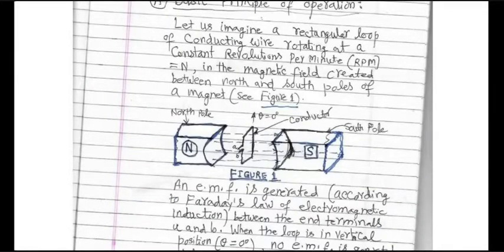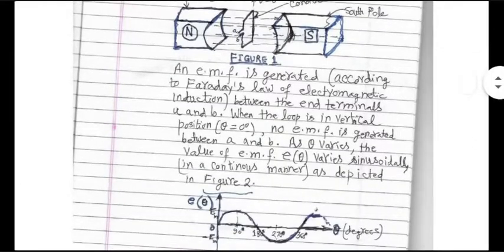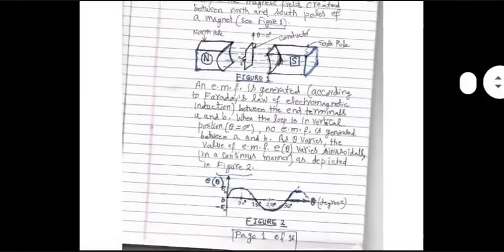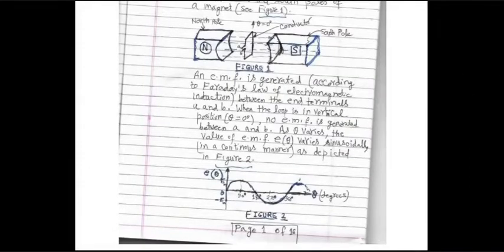The magnetic flux being generated is not changing with time. We will assume that it is a constant flux with time. Now, when theta equal to 0, you will get nothing across A and B. When theta equal to 90 degrees, you'll get maximum. And then as theta goes beyond 90 degrees and is below 180 degrees, you will start seeing a decrease in the magnitude of the EMF generated. EMF means nothing is connected across A and B. You are measuring open circuit voltage. That is EMF. And then the rest of the waveform will be a repetition in the negative half.